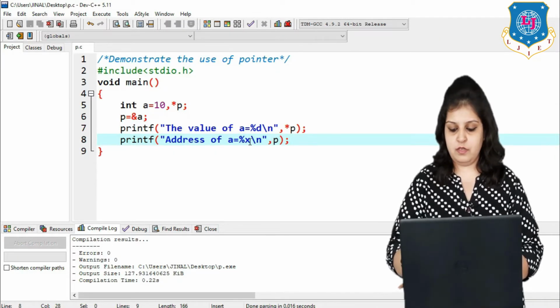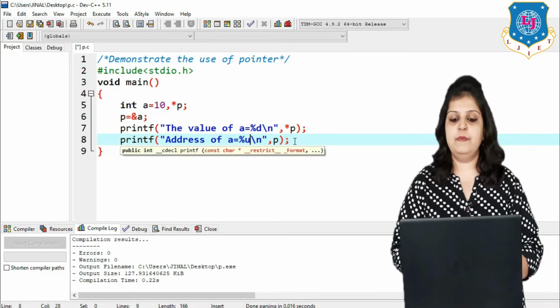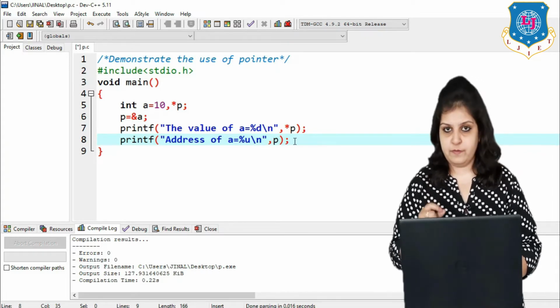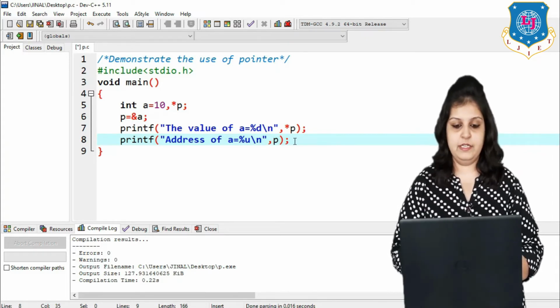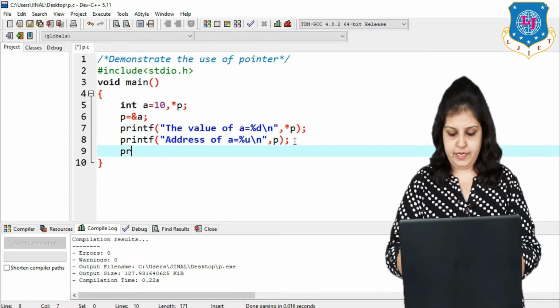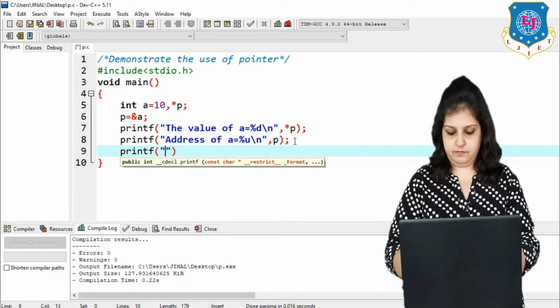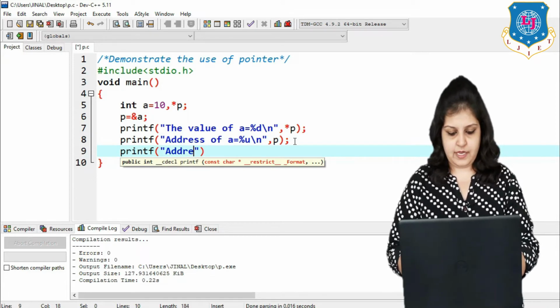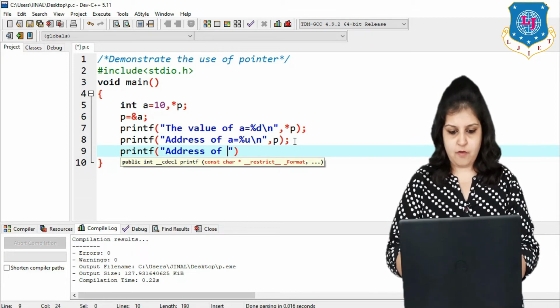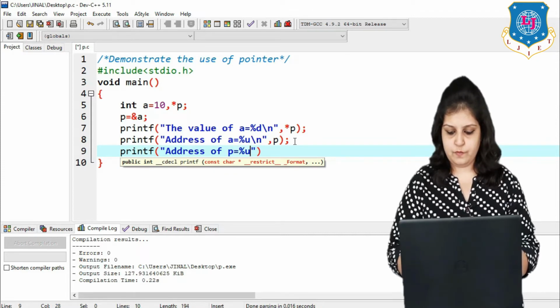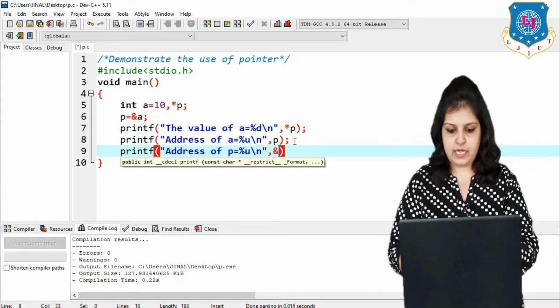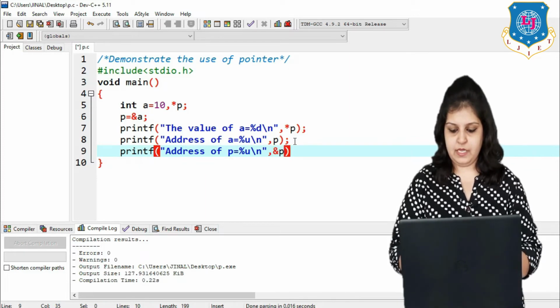Now if I want to print the address of pointer p, then how can we print it? So just add one printf: address of p is equal to %u, comma &p.